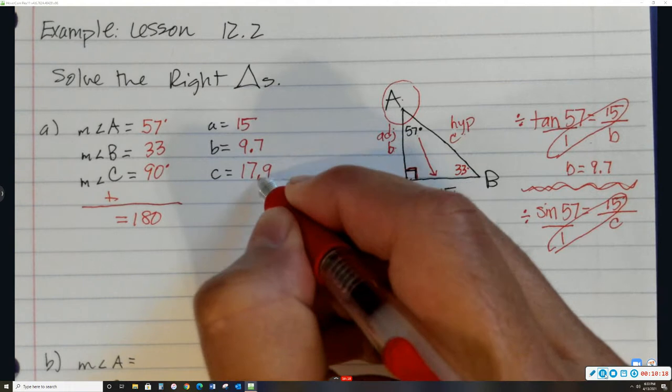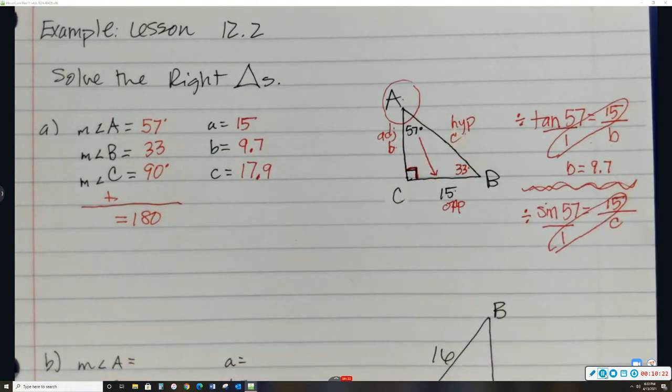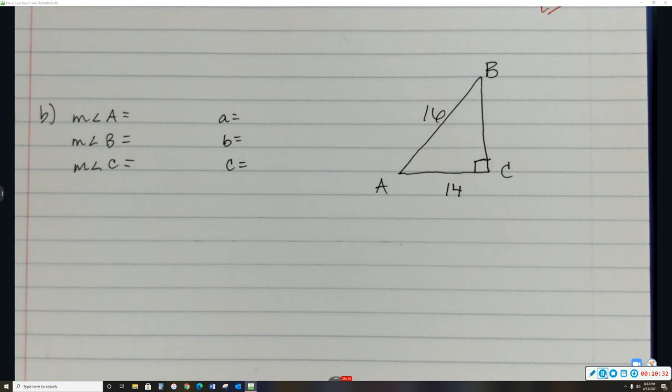Maybe in some of the class examples I'll use the Pythagorean theorem, because we can use the Pythagorean theorem to solve these. So copy that, or pause it and then finish copying it. I'm going to do the next. So if you look at the next example,